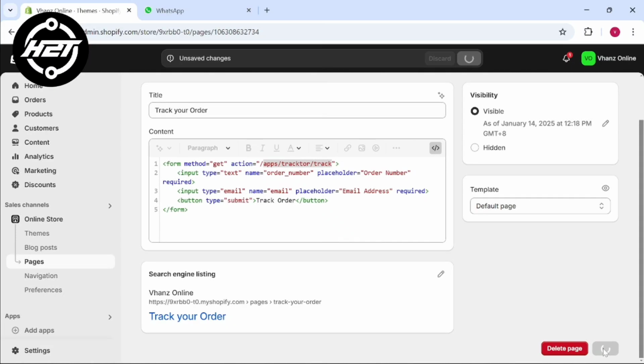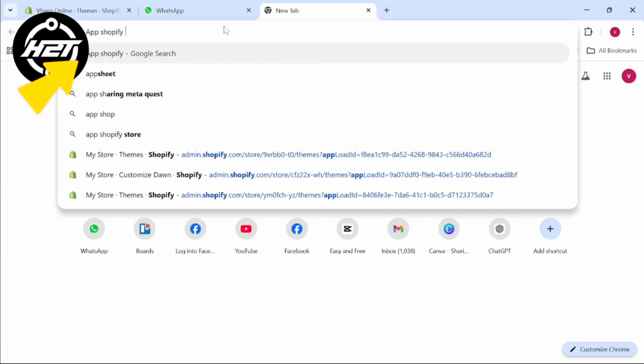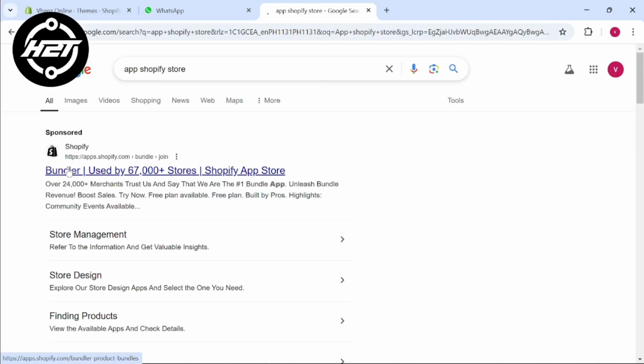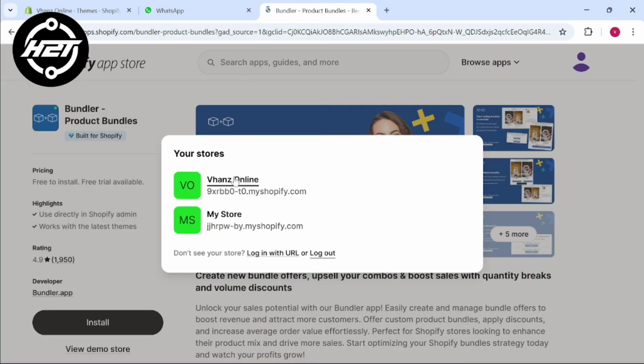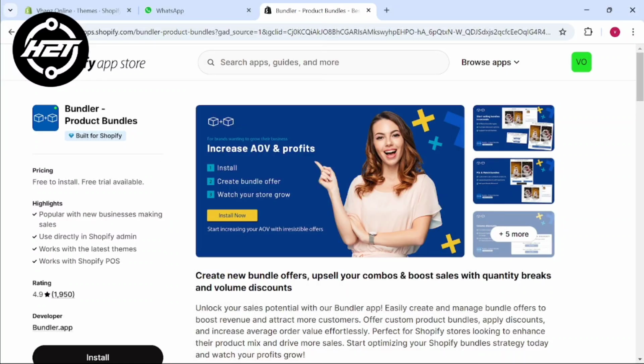Step 3. Integrate a tracking app. It's optional but recommended. If you want a more advanced tracking system, go to the Shopify App Store, and in the search box, search for order tracking apps like Tractor, Parcel Panel Order Tracking, or AfterShip order tracking.